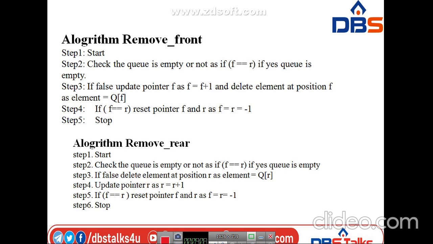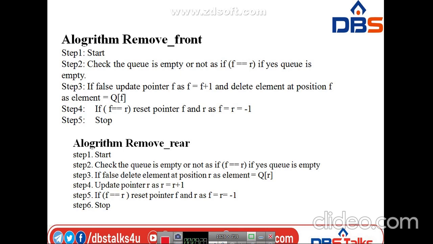Else only, we perform the remove operation at rear end, so rear becomes rear plus 1. Then we represent the element present in the rear position, that is q of rear equal to element.